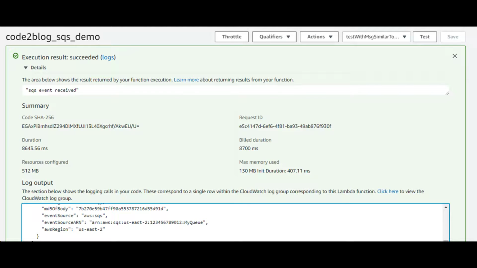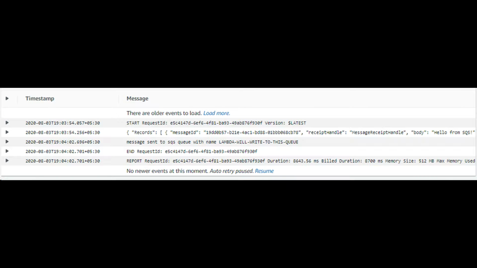Build a fat jar with all your dependencies, upload to AWS and trigger an input message from the test utility provided by AWS. Use CloudWatch logs to learn more about the actions that occurred within the Lambda function. Here you see the input event converted to JSON format.